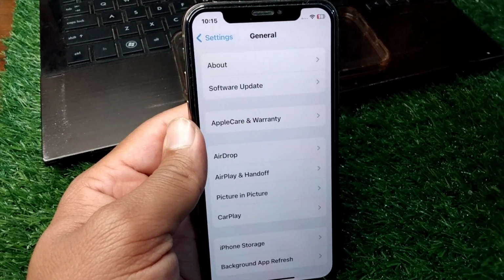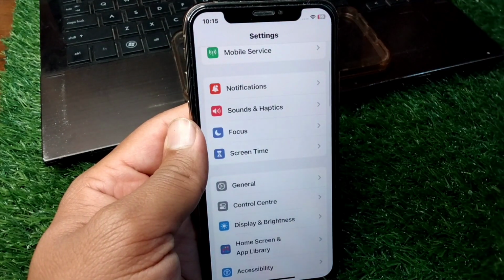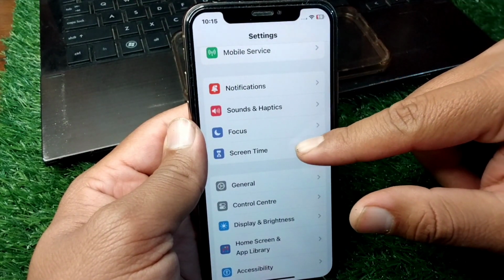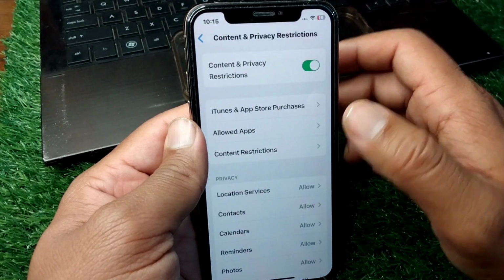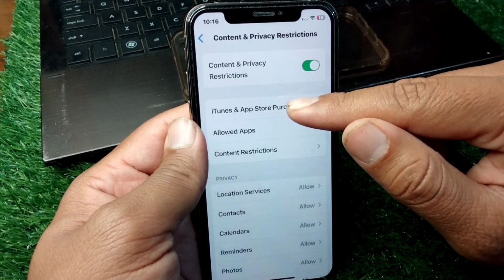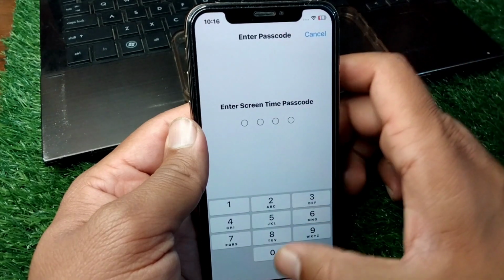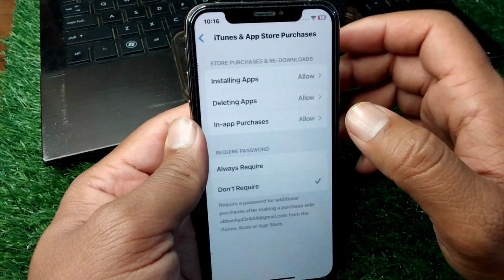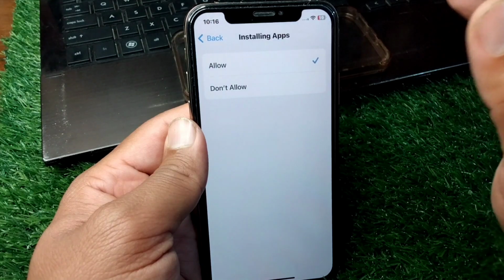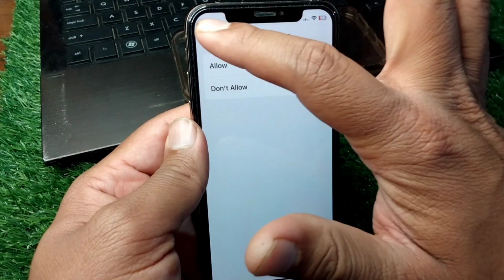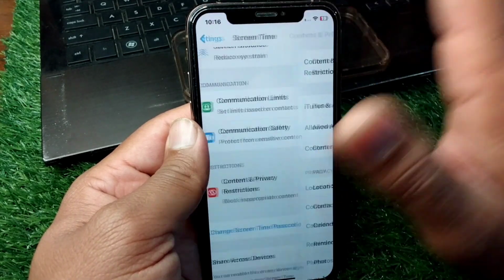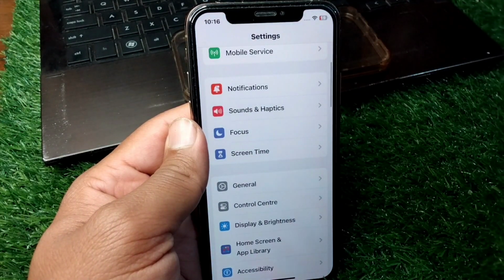and if the problem is still there, then you have to go back to your settings again and now tap on screen time, scroll down, tap on content and privacy restrictions, tap on iTunes and App Store purchases, enter the passcode, tap on installing apps, and now allow installing apps on your iPhone from here. So guys, do this, and after this check if the problem is fixed or not,